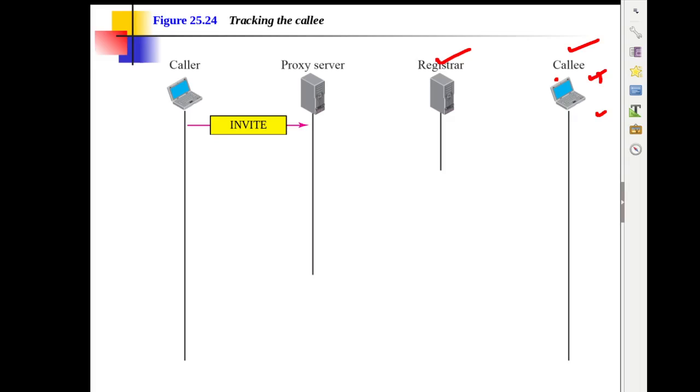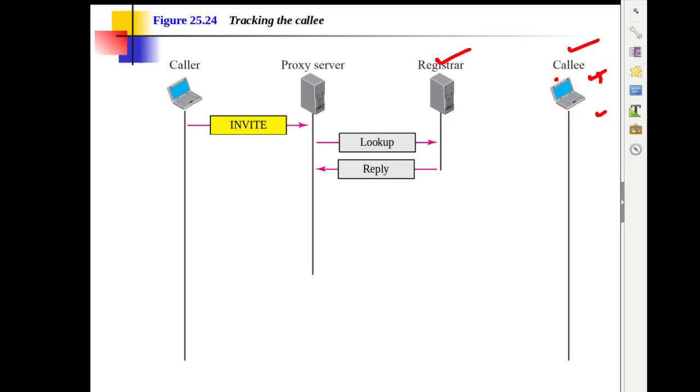Okay, the message goes to this proxy server. Now this proxy server sends a lookup message. This lookup message is not part of SIP, that's okay. It is sent to the registrar server. The registrar server knows the IP address of the callee, because the callee has actually registered itself. So when this proxy server receives the reply message from this registrar server,